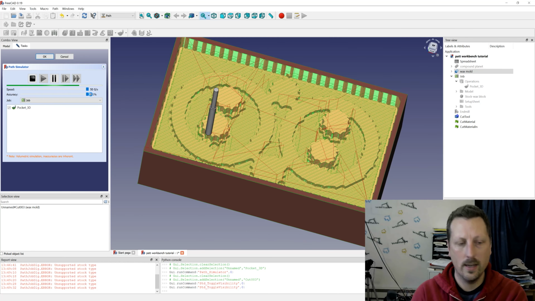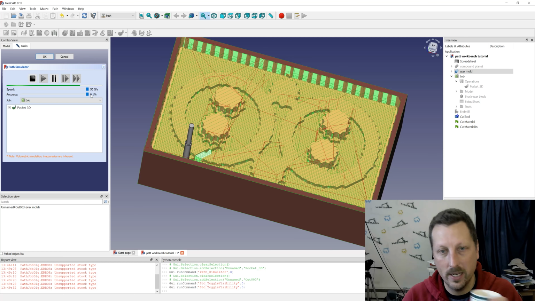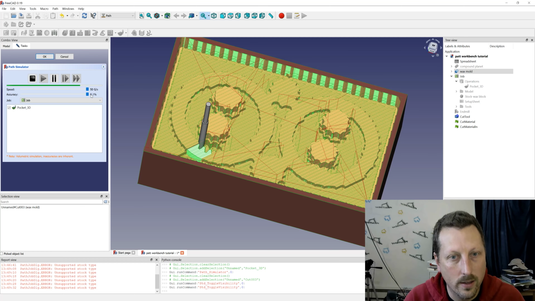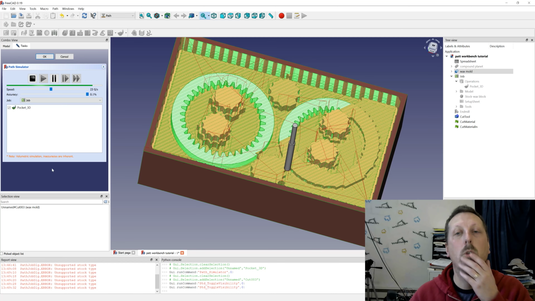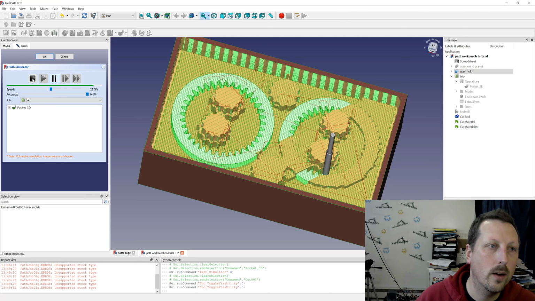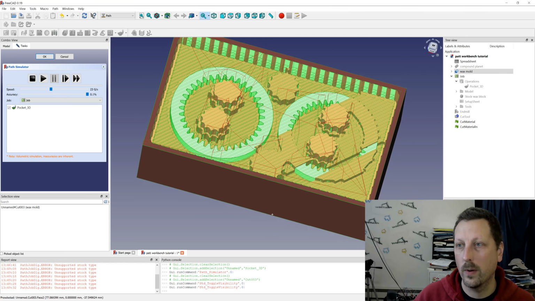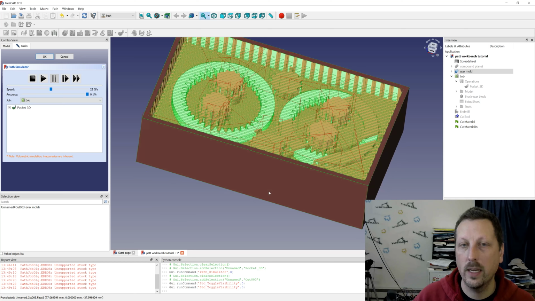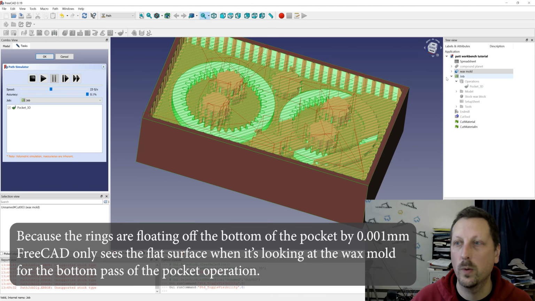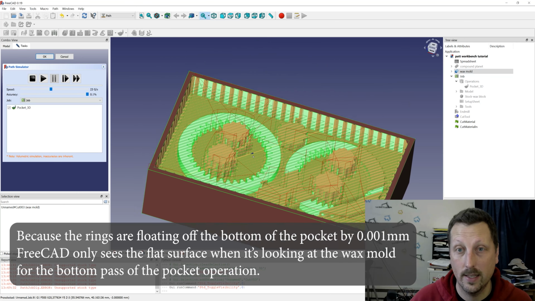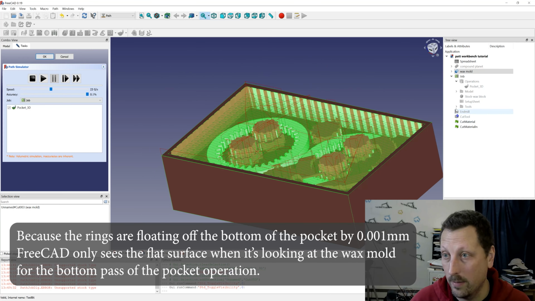Let's watch it till the end and see why it thinks it's going to carve the rings all the way through. There it goes. It's cutting the rings. Oh, no. Oh, I know why. I know why. The rings are 0.01 millimeters up. Ooh, it's a good thing we simulated this now rather than go through all these jobs and ruin everything. So if we go back to our